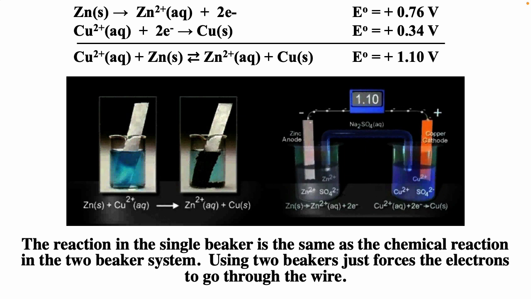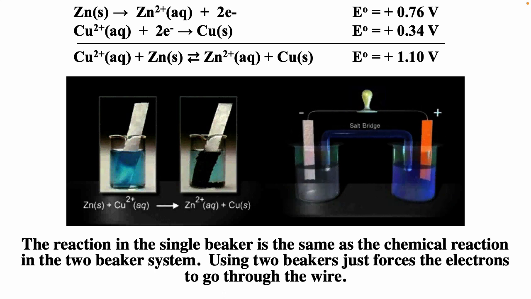To maintain electrical neutrality in the two cell compartments, ions must move through the salt bridge. In summary, remember that in a voltaic cell, the anode at which oxidation occurs is the negative electrode. The cathode at which reduction occurs is the positive electrode. Electrons flow through the external circuit from